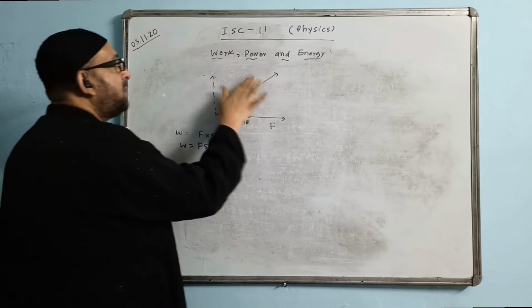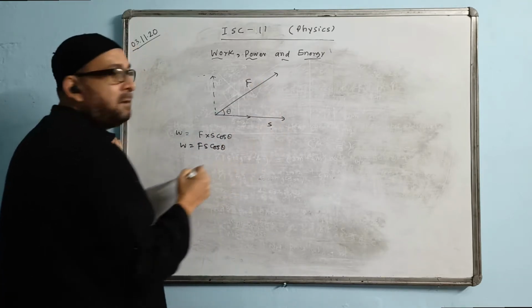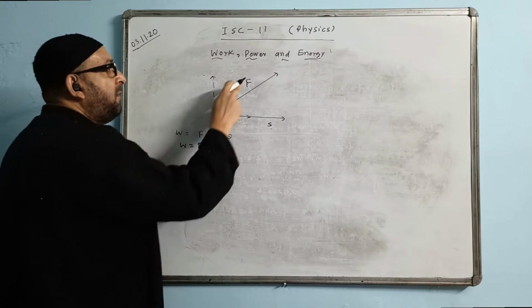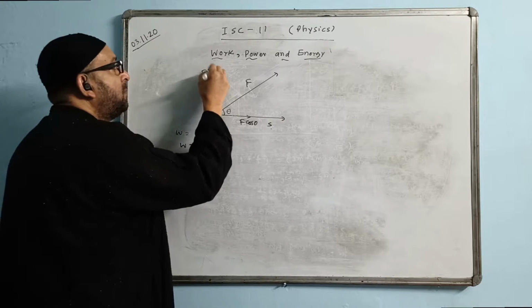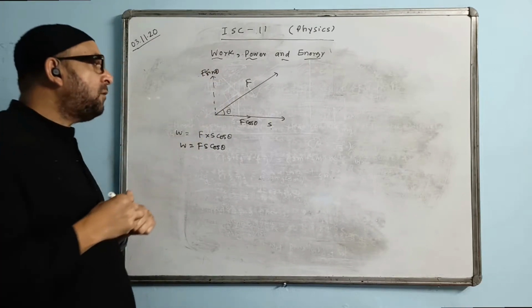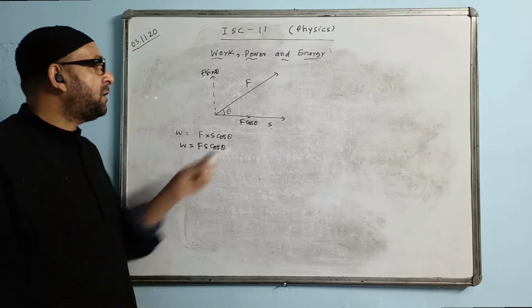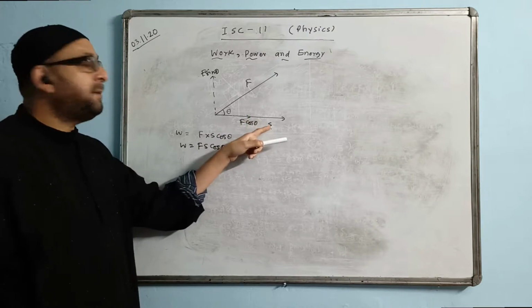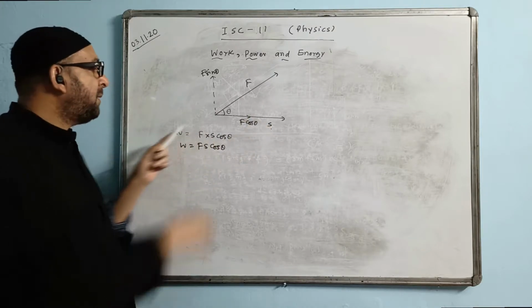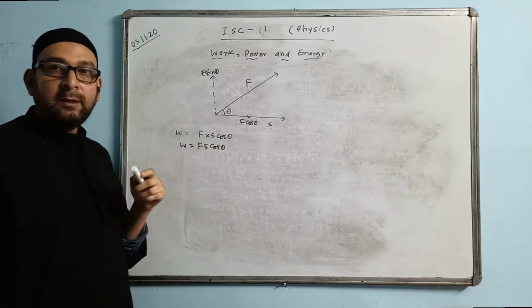Anyway, if it is just opposite the other way, if it is force over here and if it is S over here, we'll break F into two components. It will become F cos theta here and F sin theta. What is the value of work? That work will be force and the displacement in the direction. So this force is F cos theta, and in this direction the displacement is S. The answer will be coming now F cos theta into S. Ultimately the answer is Fs cos theta only.